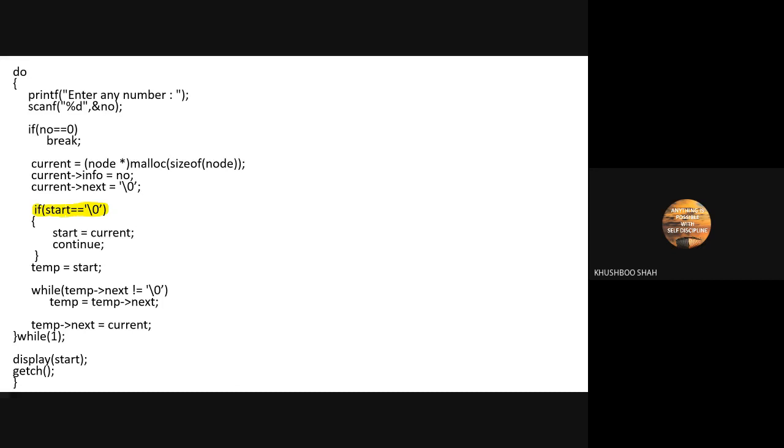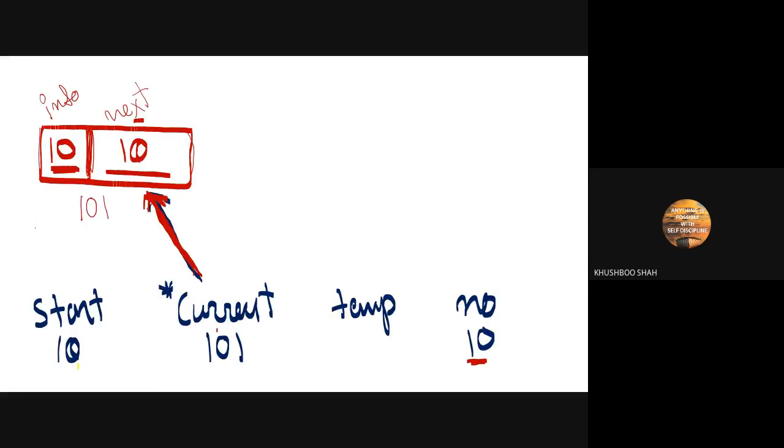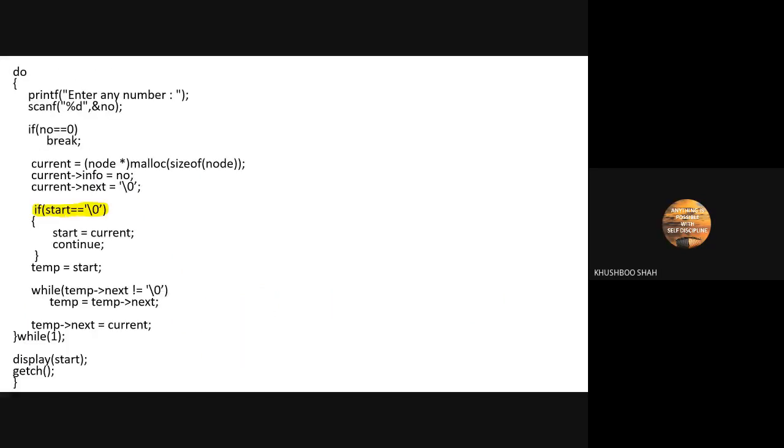The line is: if start is equal to null. Let me check. Yes, my start is equal to null. Right now start has null, so control will go inside this block.